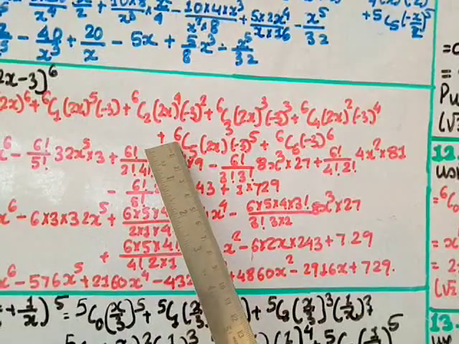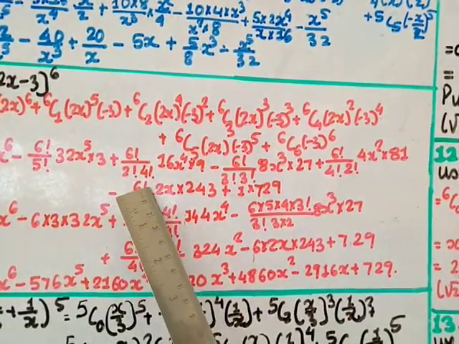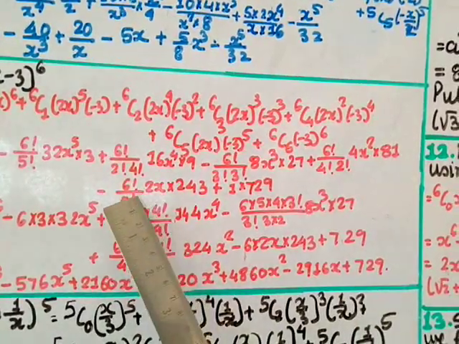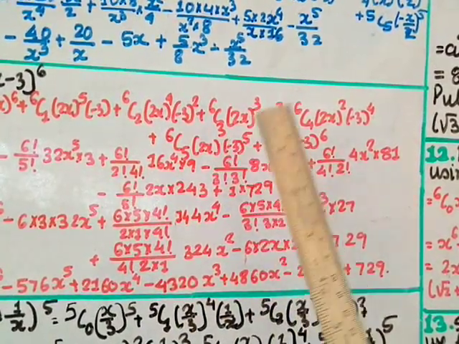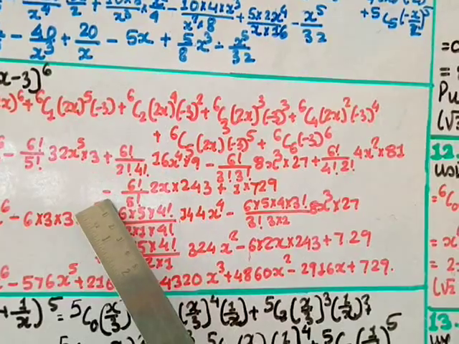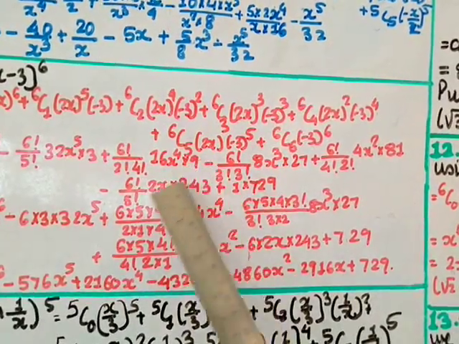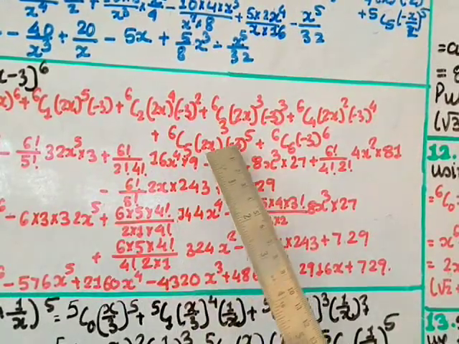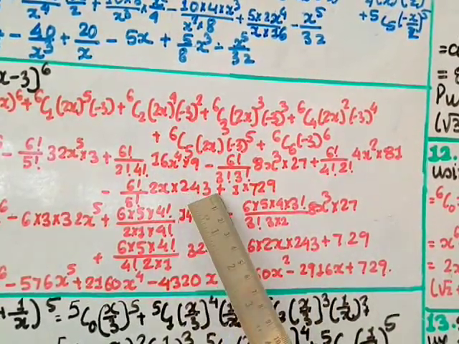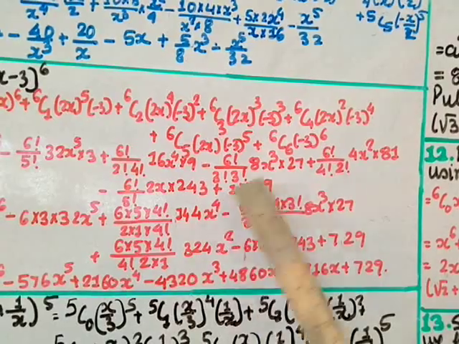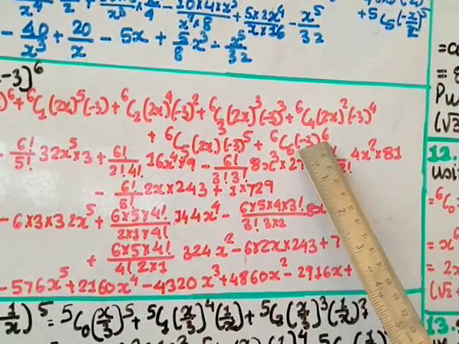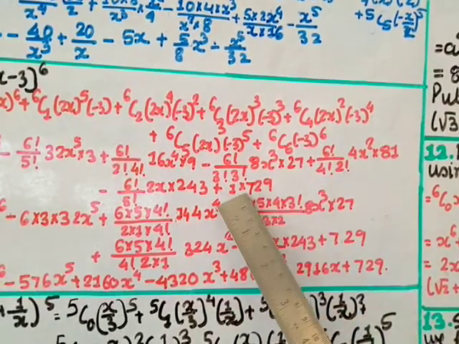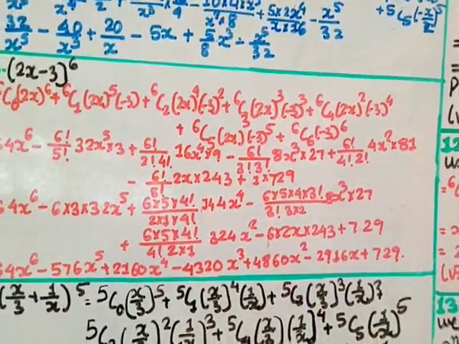And this one, 6c5, is 6 factorial divided by 5 factorial, so it is 5 factorial, and 6 minus 5 is 1, which I have not written, and minus 3 power 5, that is odd number, so this minus is written here and making this negative. 2x as it is, and minus 3 power 5, that minus has been brought in front, and 3 power 5 is 243, plus this coefficient is 1, minus 3 power 6 is even, so minus will become plus. Okay, so this remains plus, and 3 power 6 is 729. Okay, so now next we have to simplify.